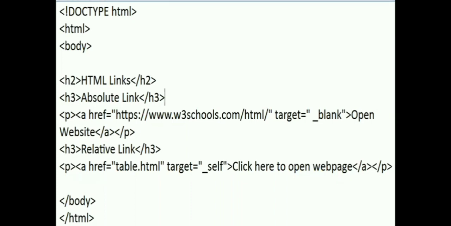Oh, and one more thing. There are two types of links. The first one is absolute links. Fine. Absolute links are those links in which we provide any website link or any absolute link to a particular place. Like here I am providing the href, the web address of